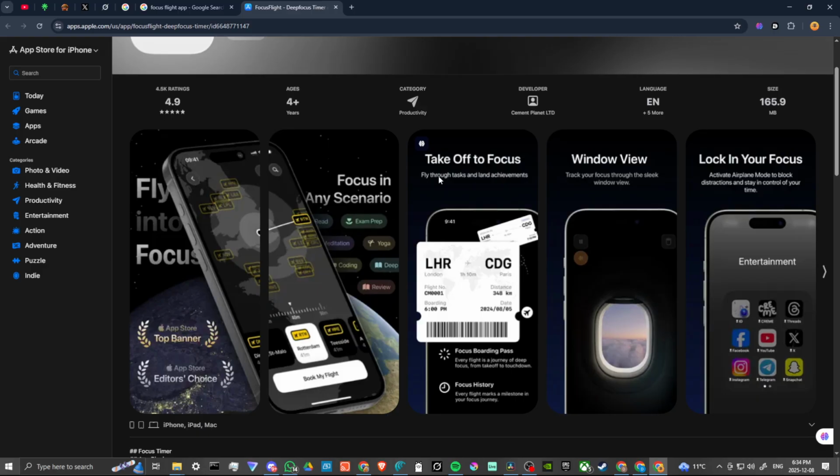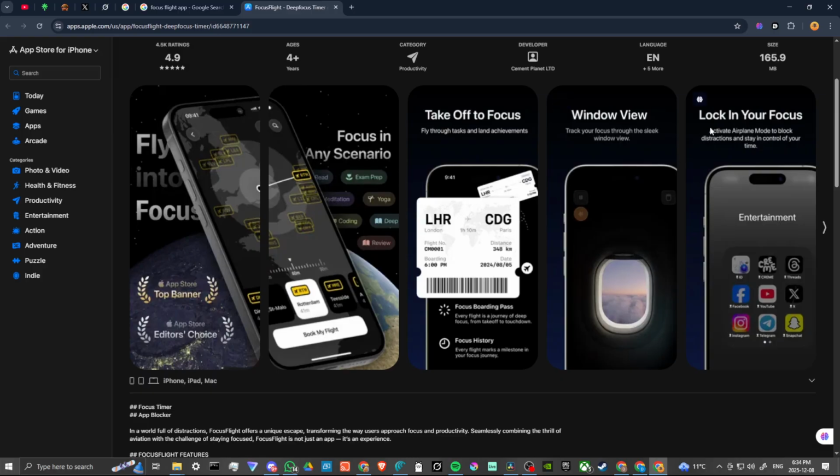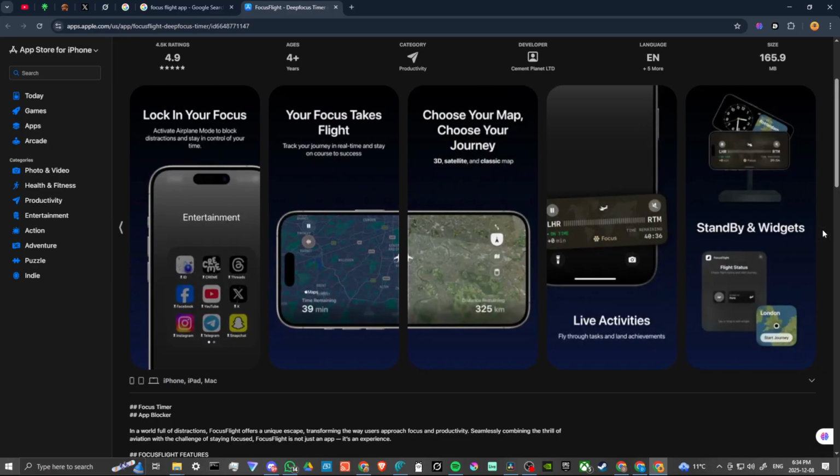Take off into focus, fly through tasks and land achievements, track your focus through the sleek window view, lock in your focus, activate airplane mode to block distractions and stay in control of your time. Choose your map, choose your journey, 3D satellite and classic map, live activities, fly through tasks and land achievements, standby